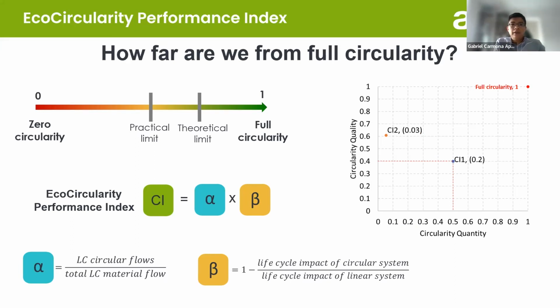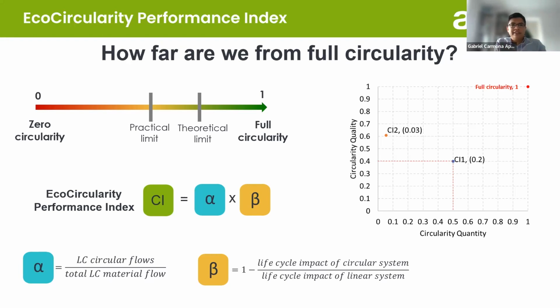Theoretical limits meaning, in a perfect scenario, when I will always have entropy and waste from my processes, what would be the maximum that I can achieve, and the practical limit, operational and human-wise,